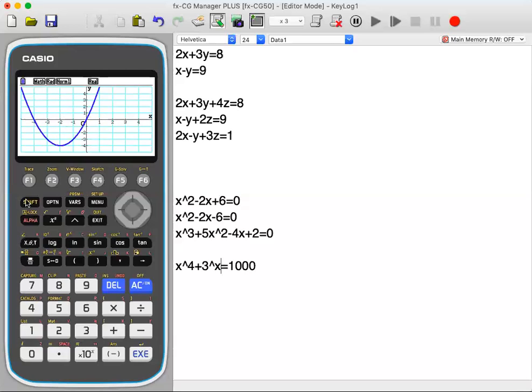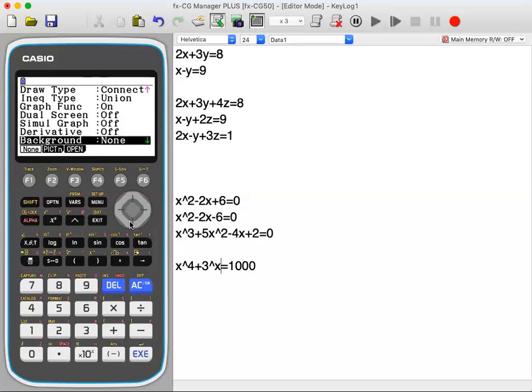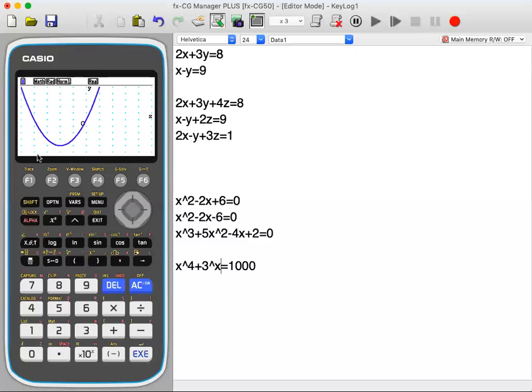Now, a lot of times your graph doesn't have a grid or axis. Again, those can be set from here. Press shift and menu, and you can just go under the setting, and here you can see coordinates. Sometimes you can keep coordinates on or off. Also axis and grid: you could see the grid lines in the graph. If you keep it off, it doesn't show you the grid. Also, you can turn the axis on or off. If you turn off the axis, you can see that the graph doesn't show any of these. It just shows a pure graph.